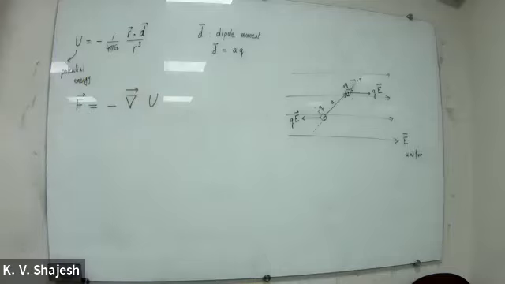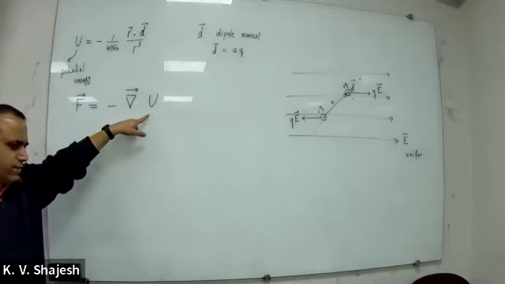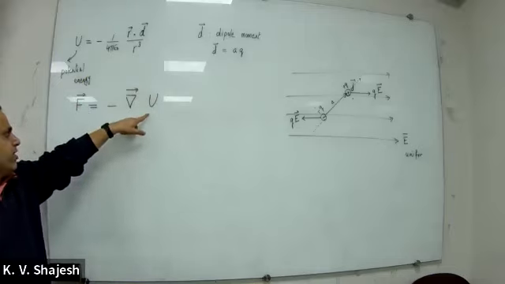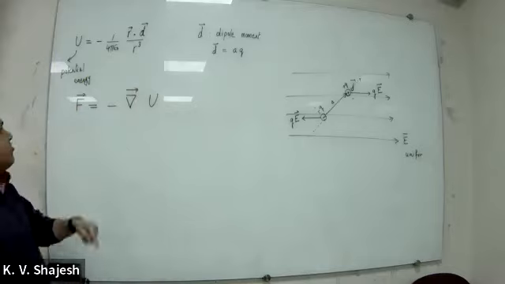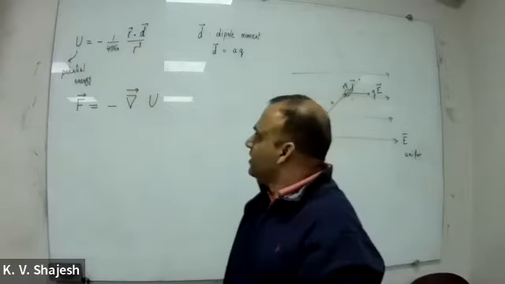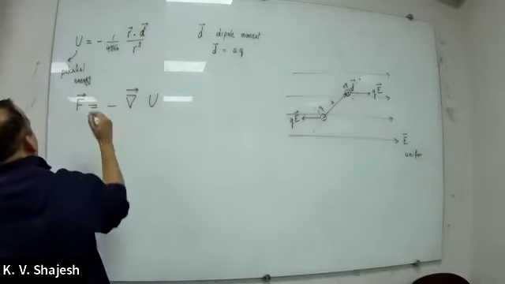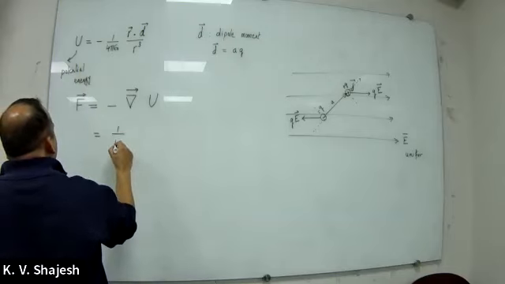If it's work done, we cannot always define a force. It's not two-way. But if it is path independent, that's what it means: if you can define a potential energy, then the force is the negative gradient of the potential energy. So we should be able to calculate the force by taking the gradient, right? So let's take the gradient. So the negative cancels out. So it is 1 over 4 pi epsilon naught